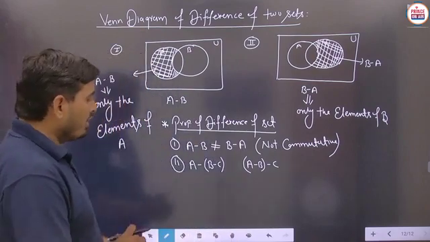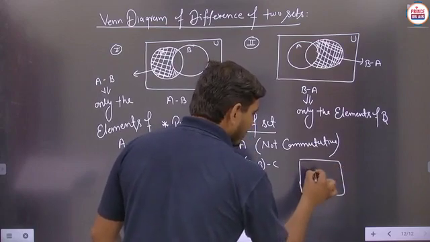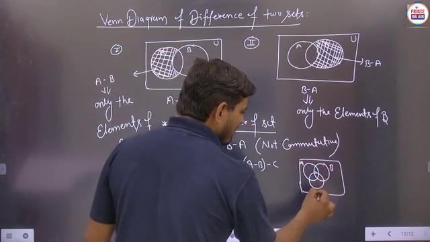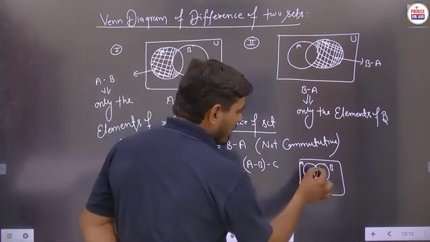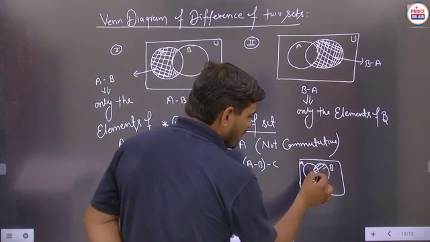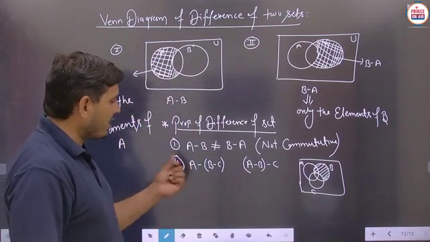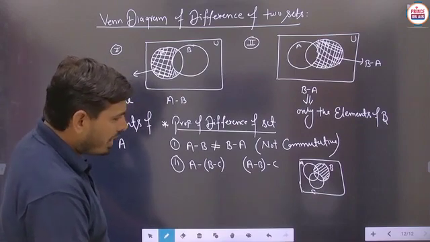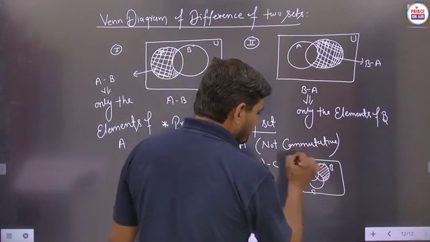So basically, students, here suppose we have to make the Venn diagram. You can see the result here. You can make the Venn diagram like this. Is it to be clear? So first of all, B minus C. This is A, this is B, and this is C. So B minus C means we take this part. Now this part and this set A are to be subtracted. Then only the part of A is taken, so you will get this part. Means we are not getting this part as the answer.